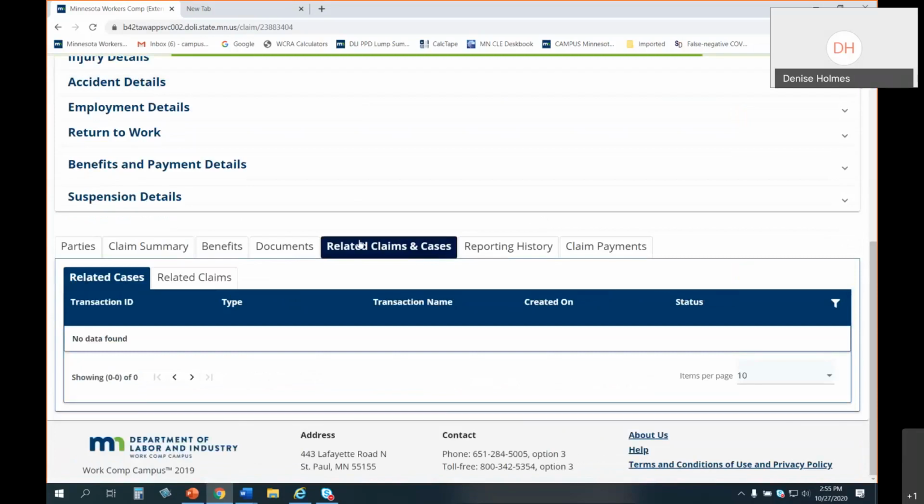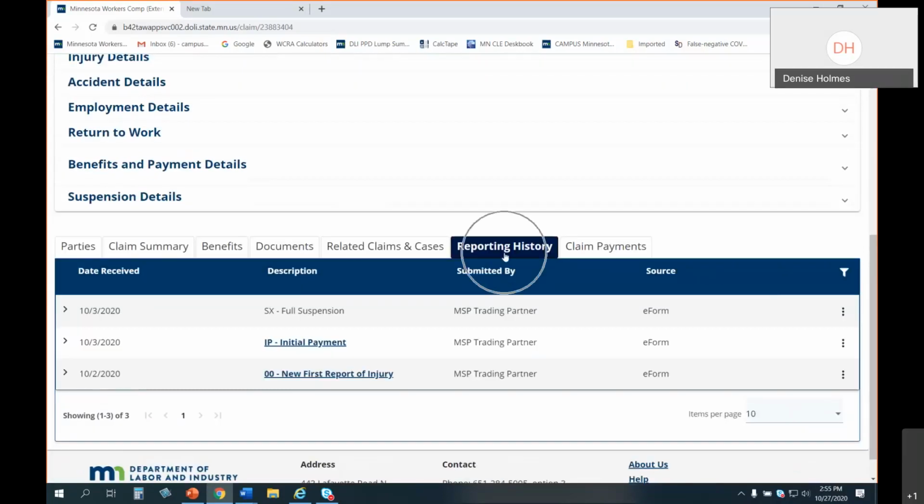Another tab is related claims and cases, and this would show us if rehab is being contested, or if there's a medical issue on the file, that would show here. And then we have the reporting history tab. And you can see what that's showing us here is that by e-form,